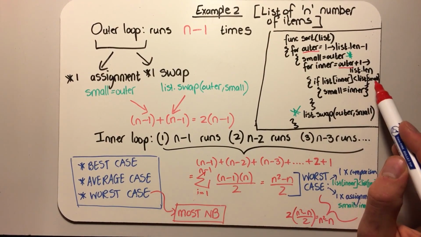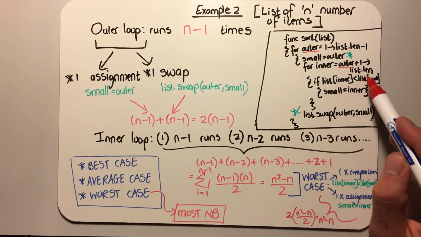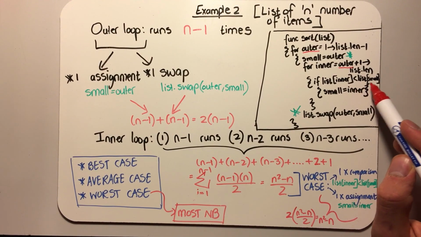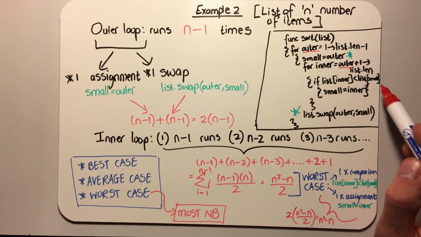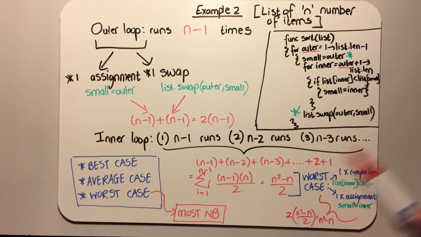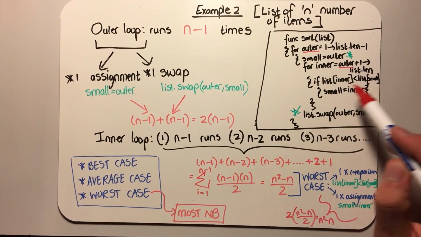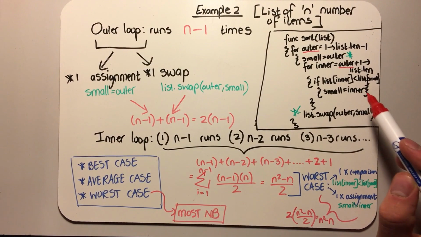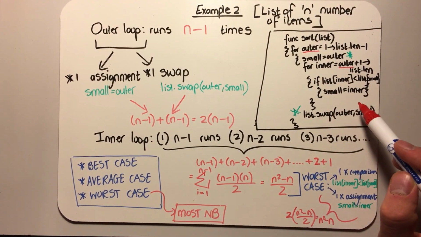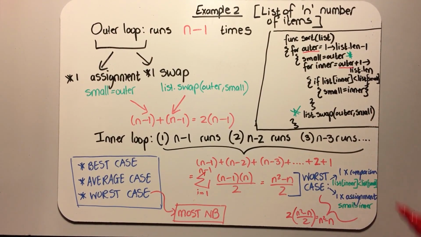The average case is when half of the data items are less than list small. Then we have half the number of assignments. And the worst case is when all of them are less than, then we have the maximum number of assignments. And that is the case we have to consider for all algorithms, the worst case scenario. So what do we say? Well, if we have a worst case,